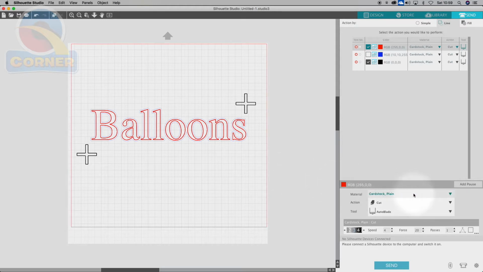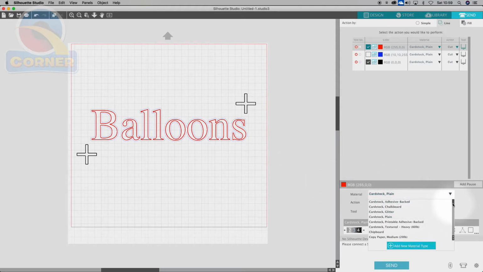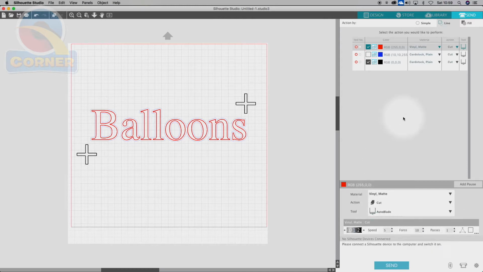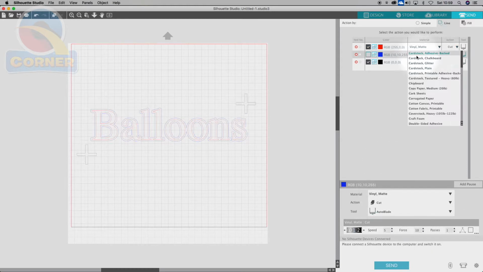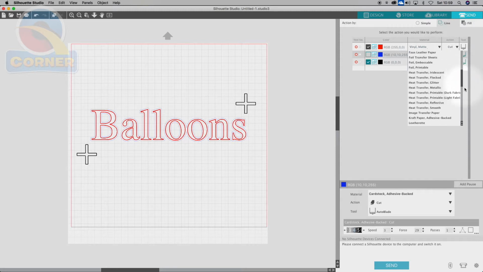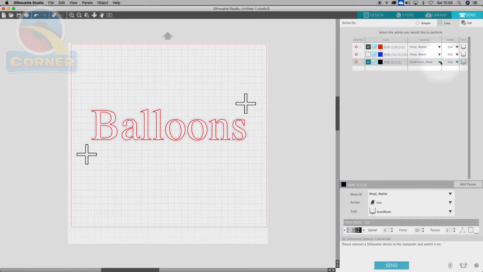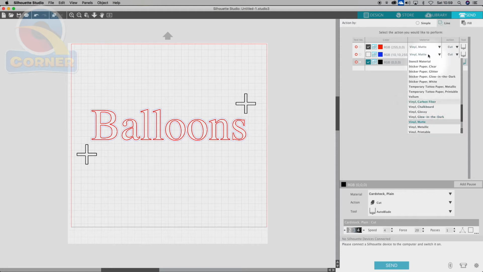We also need to make sure that our material is correct as well. So for this one, we're going to switch it to vinyl. We tend to use matte, so it's all done, and you can also select it to each one. The new version of the software is, it's very powerful in the fact that it allows you to work with different cuttings, with different materials on your